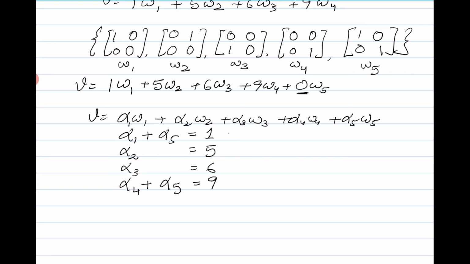Alpha 2 and alpha 3 values seem to be fixed at 5 and 6 for this. You can solve for alpha 1 plus alpha 5 and alpha 4 plus alpha 5. So if we solve these two, what we get is